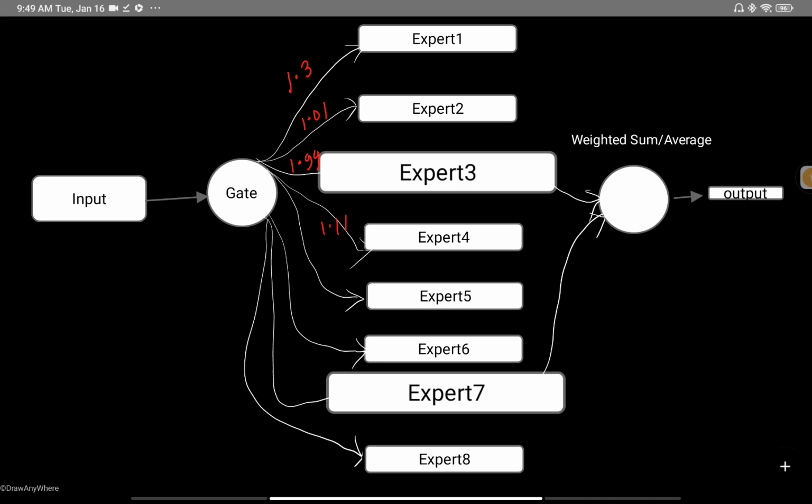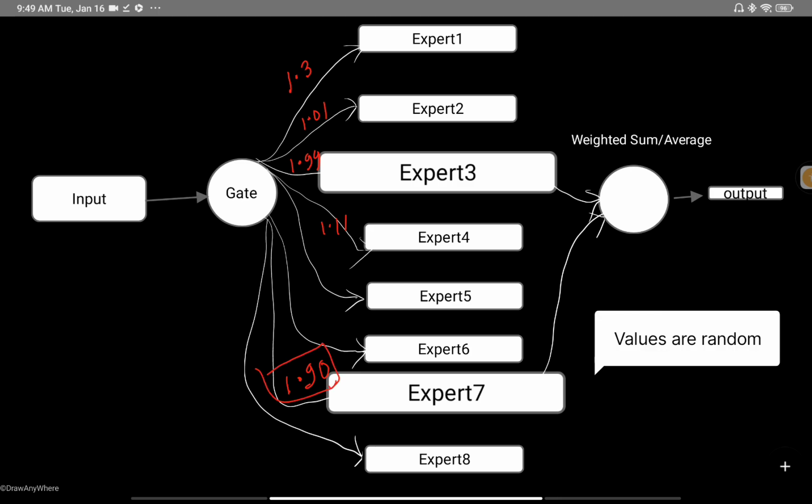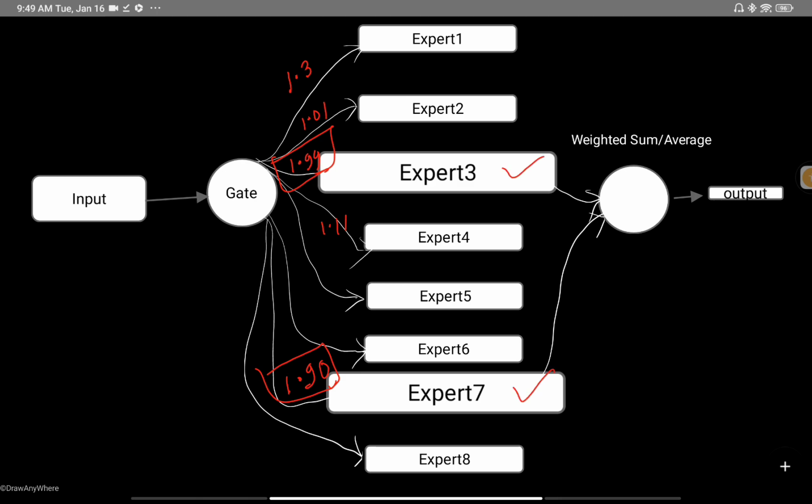Also for this we are saying that this is 1.90, right? We can see the highest values are 1.90 and 1.99. Based on that it will select expert 3 and expert 7, and using these logits we will apply a softmax here